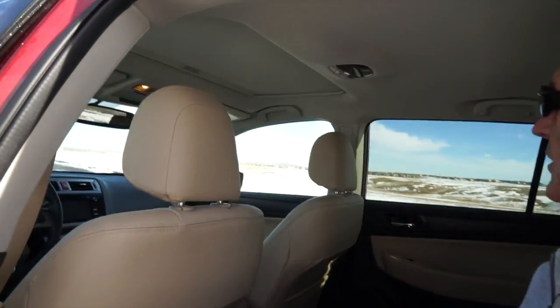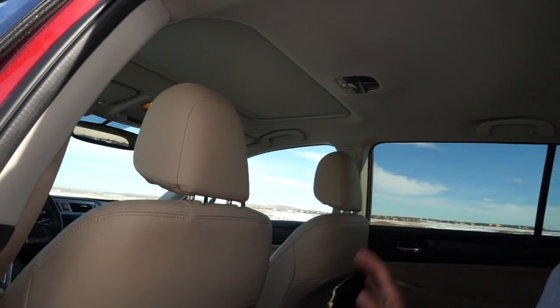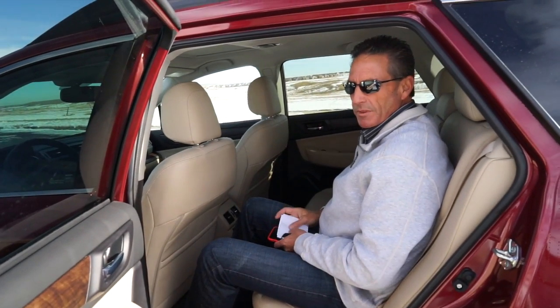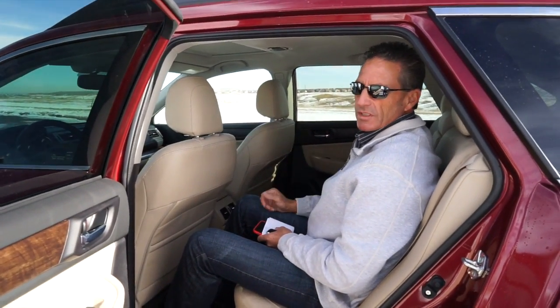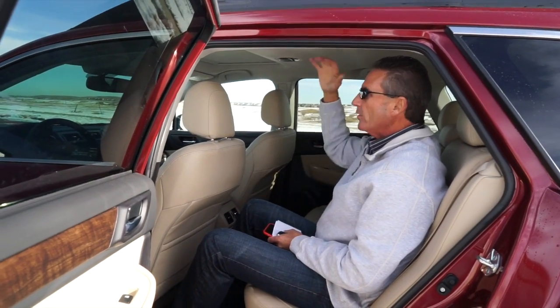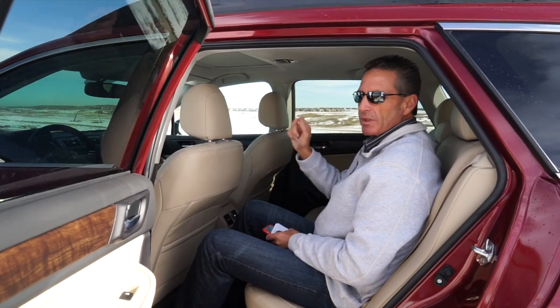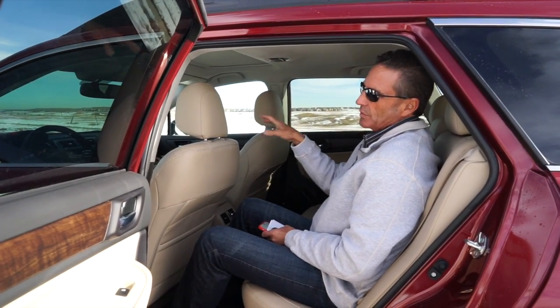This car does come with a sunroof, which the back seat passengers, it doesn't affect a whole lot, other than it does lower the roof line down ever so slightly. But we did have somebody ride with us the other day that's well over 6 feet tall. No problems. Even with the sunroof in this car, they had plenty of headroom. That was not an issue. So I tell you what, let me jump into the front seat and we'll go over what's new for 2016